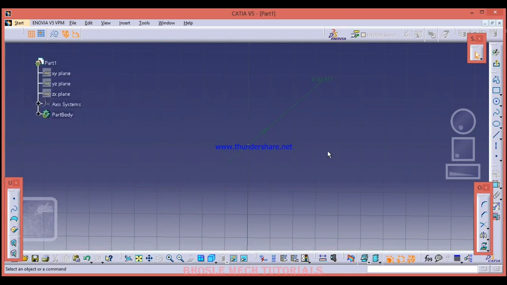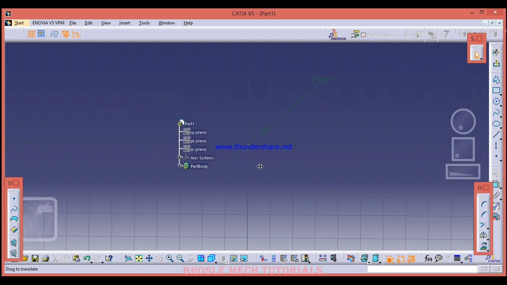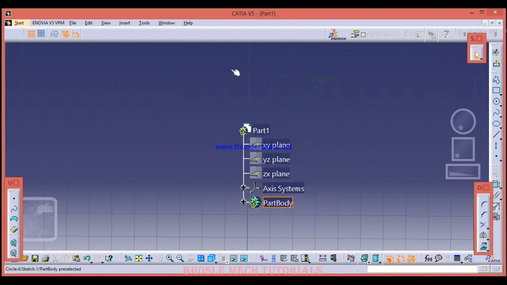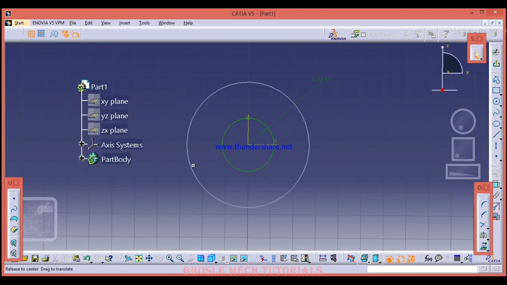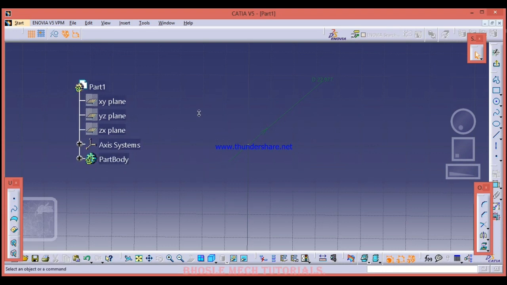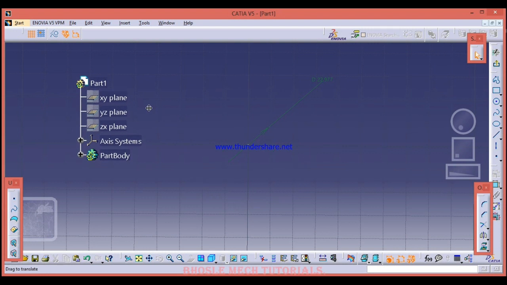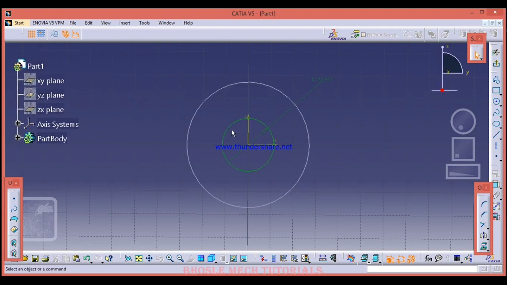Now the sketch becomes inactive. Now only zoom in and out works, only for this tree, not for the sketch. It helps when you are doing design. If you want to pause your work for some time, you can just click on this tree and you can leave your workplace.